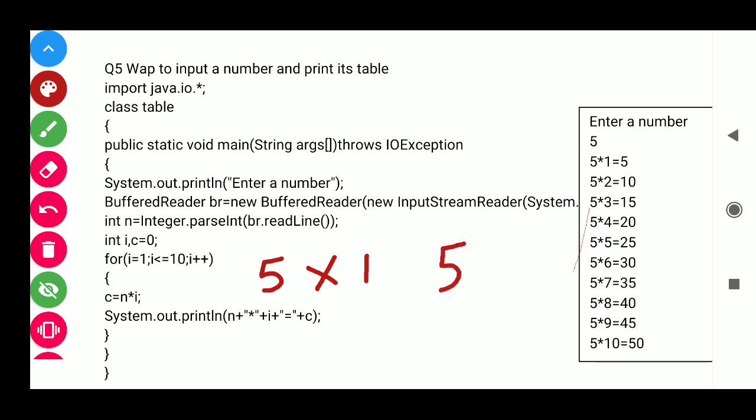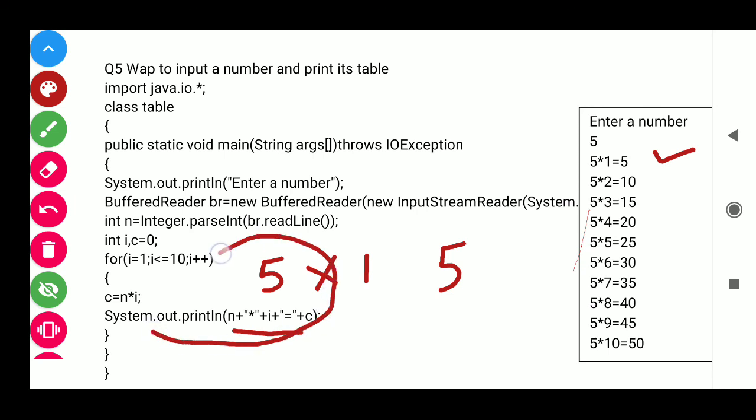So this is printed because of System.out.println(n, multiplication sign, i, is equal to, plus c). n is 5, i is 1, is equal to will be printed as it is, plus c, c is 5, so it will print it.